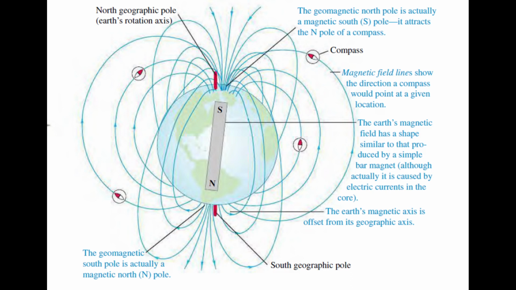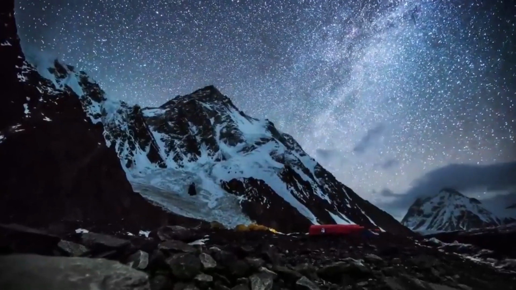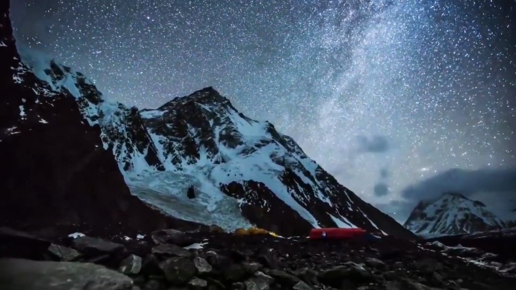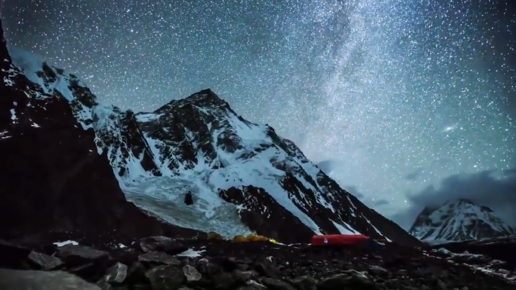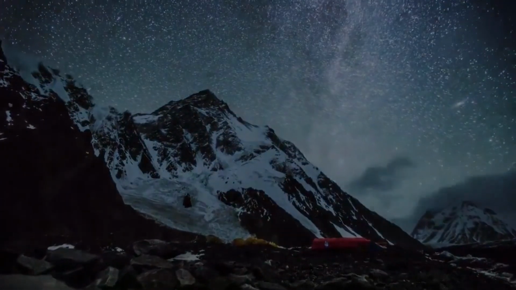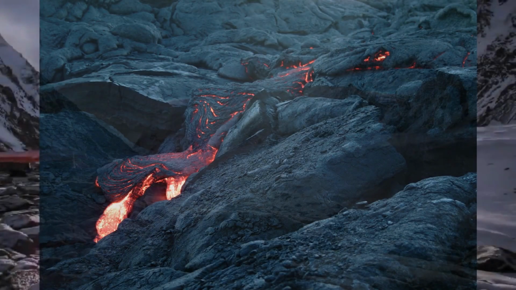Also, the Earth's magnetic axis is not quite parallel to its geographic axis, so the compass reading slightly deviates from the geographic north pole. There are some places on Earth where the magnetic field behaves differently, but the fascinating fact is that geological evidence shows that Earth's magnetic field reverses direction entirely at irregular intervals between 10,000 to 1 million years.